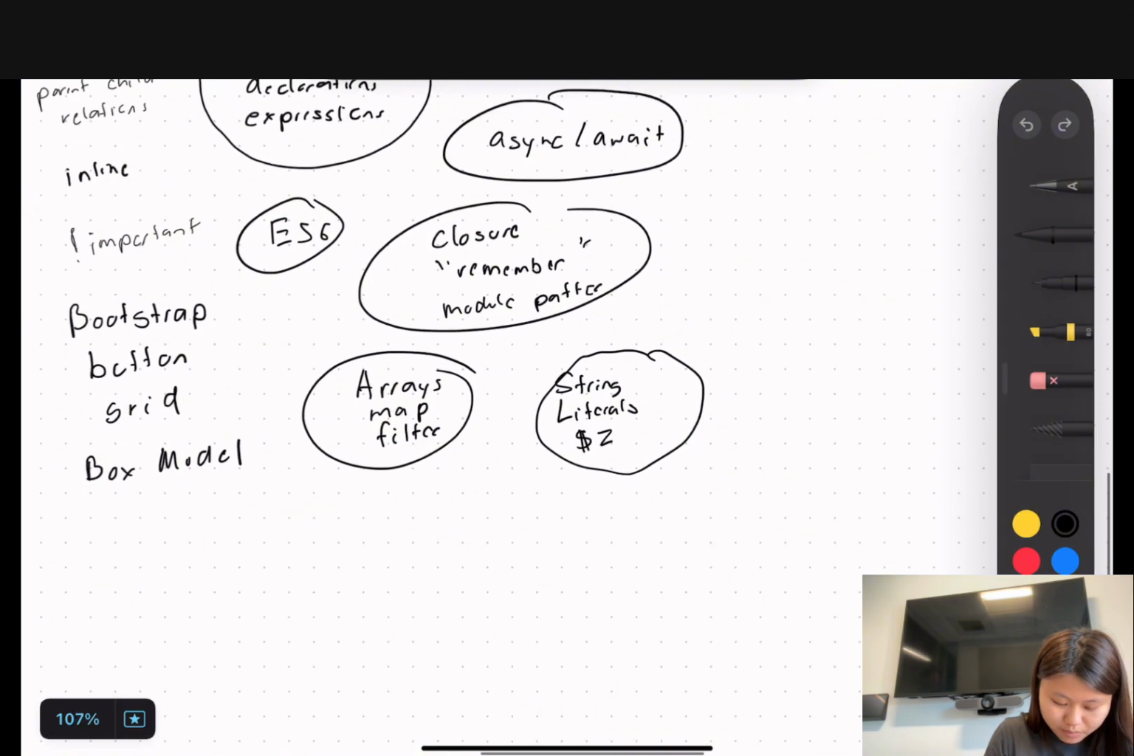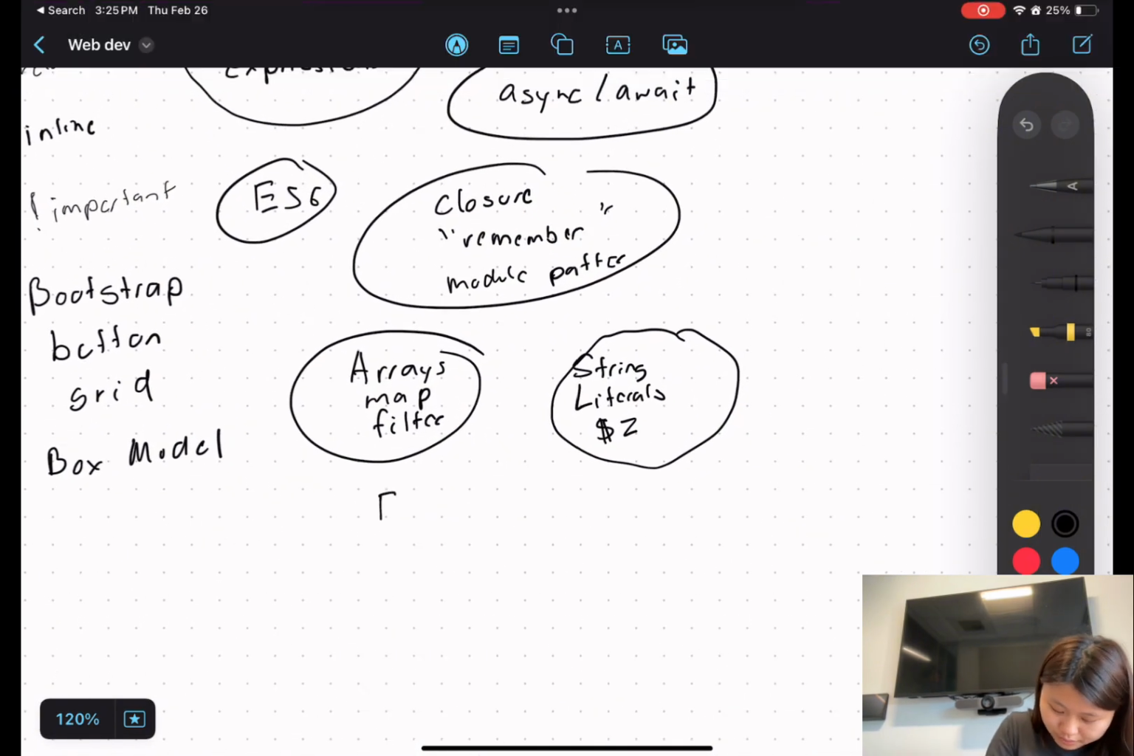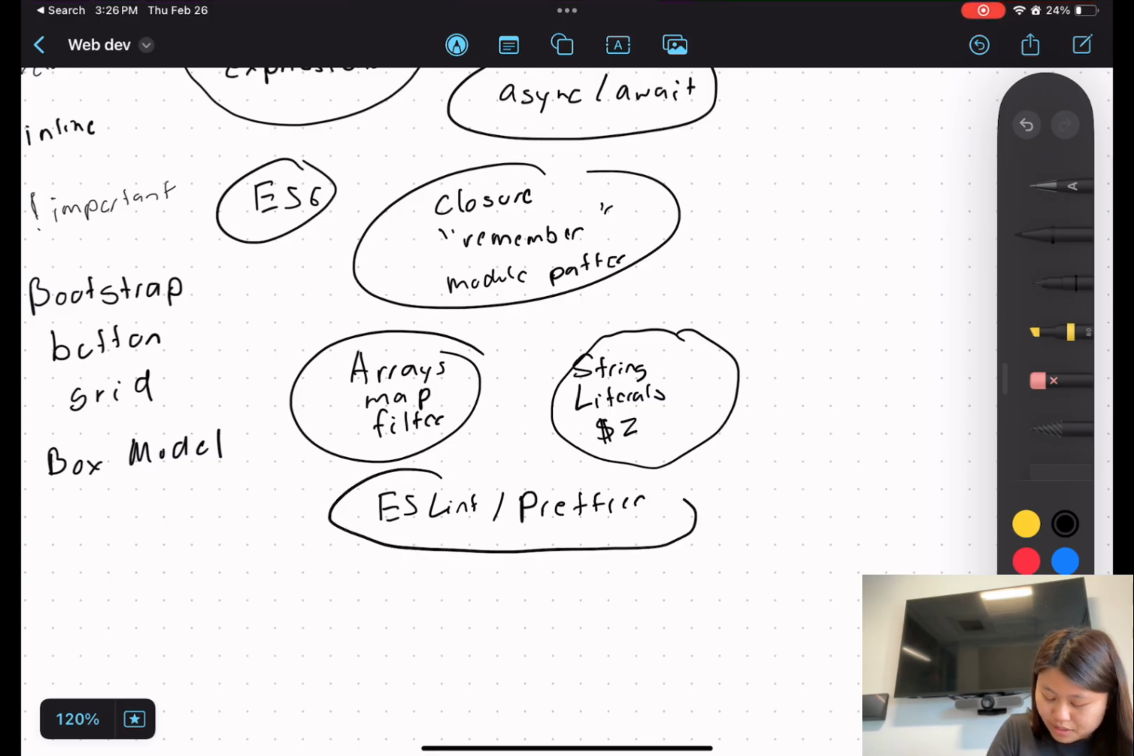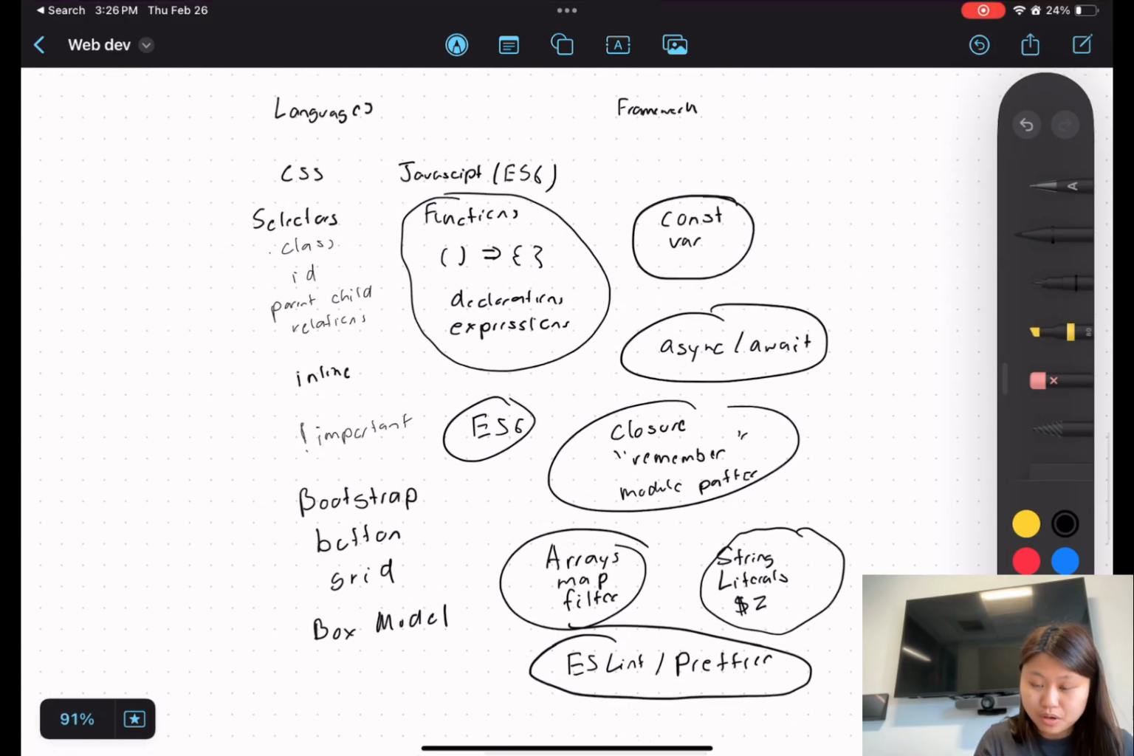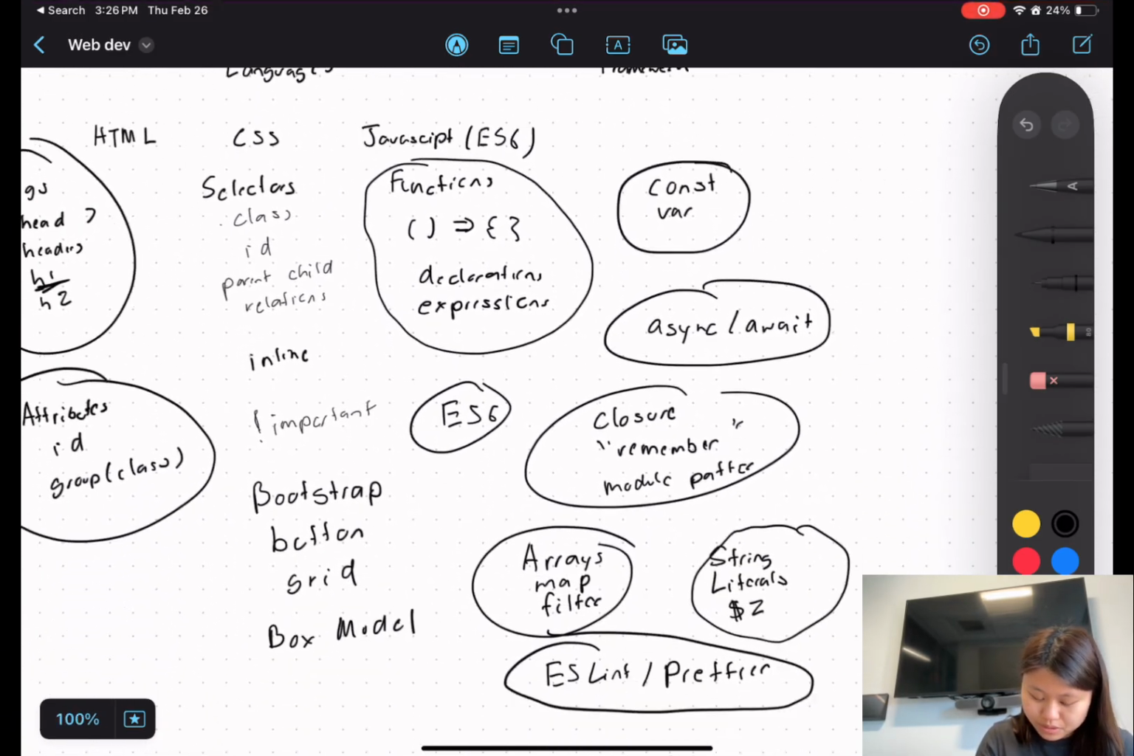And then we also have ESLint/prettier. This just makes it so that your code looks better, and also for logic. It's like an autoformatter, and it keeps your code consistent within your entire code, just to make it easier. And then we also have the DOM, which is